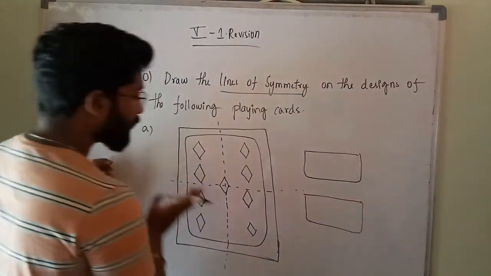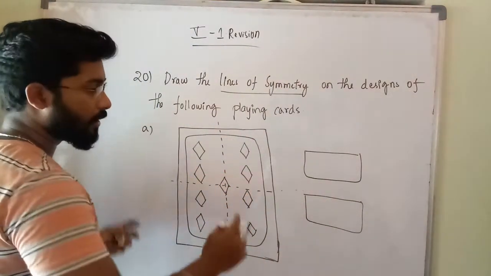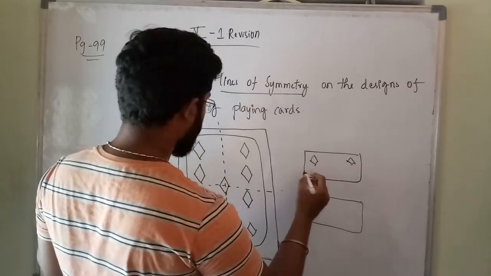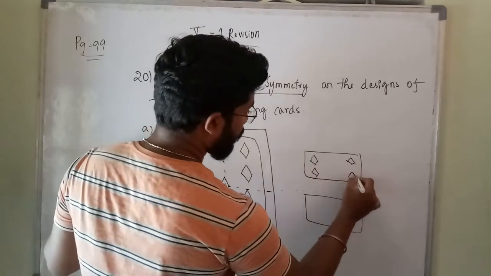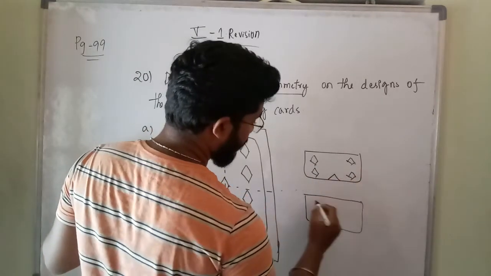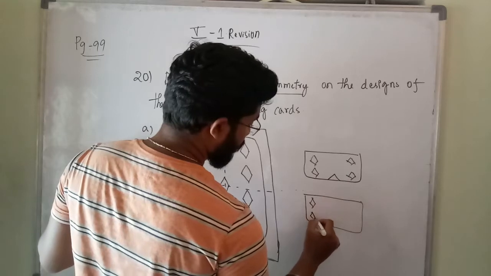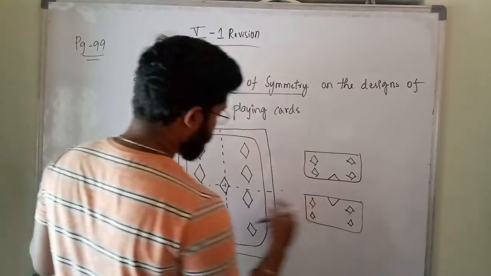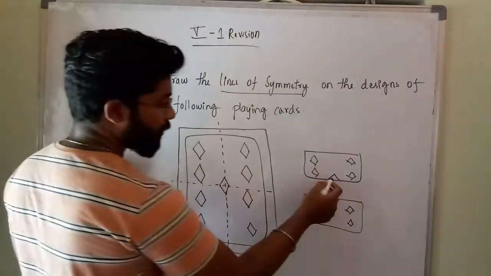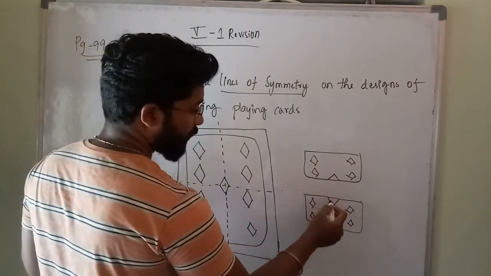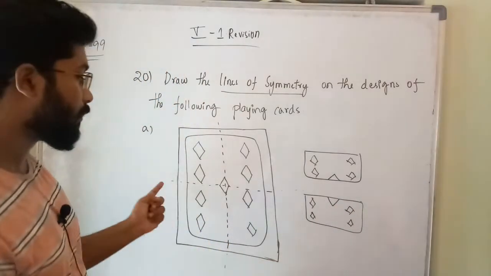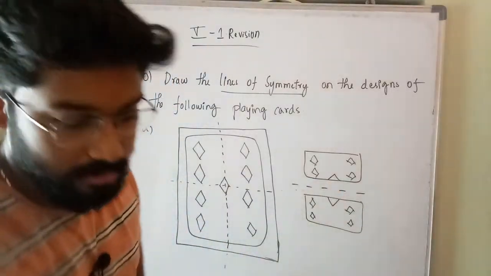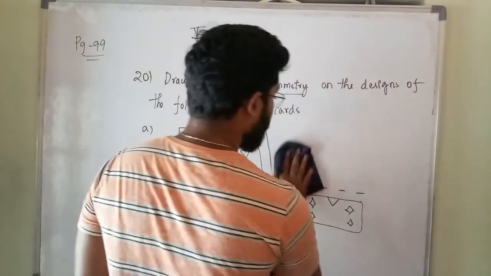So when we are dividing the given figure horizontally, we will get two figures like this. This middle figure is divided into two equal parts. This is the upper triangle, this is the lower triangle. So we have divided this horizontally. When we divide it vertically, what will happen?